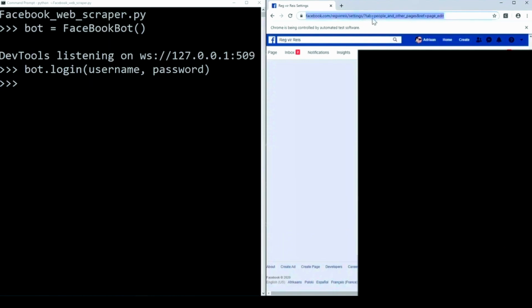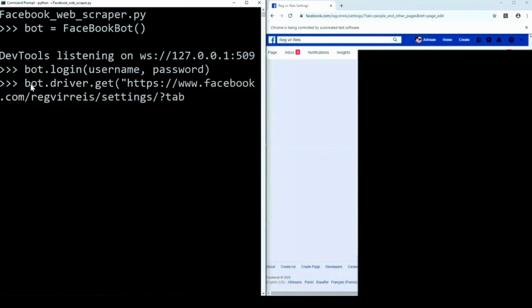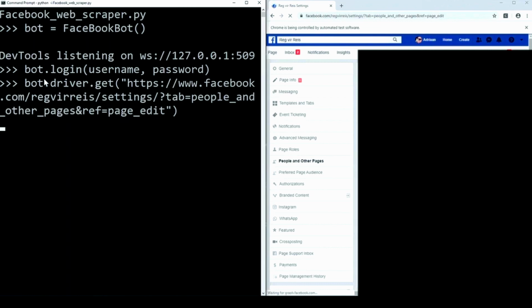So we're going to copy the page URL, and we're going to tell our bot to navigate to that page by saying bot.driver.get, and then we're going to input this URL, and you will see the page just reloads to where it was because I've already navigated to it, but now the bot is at that page as well.